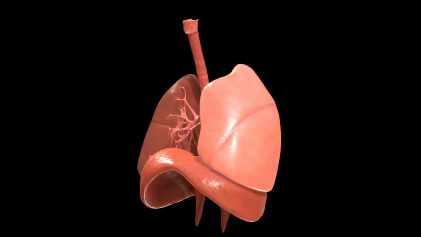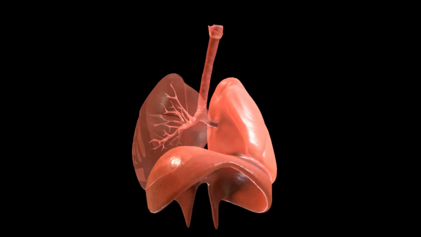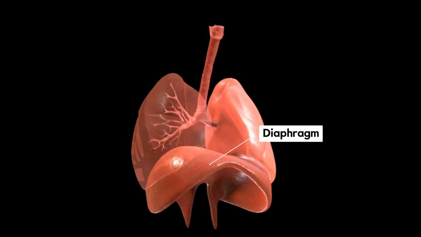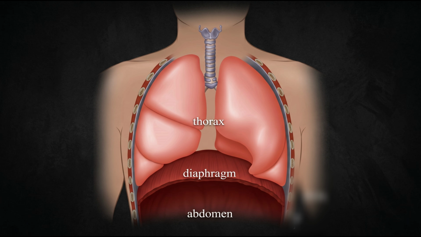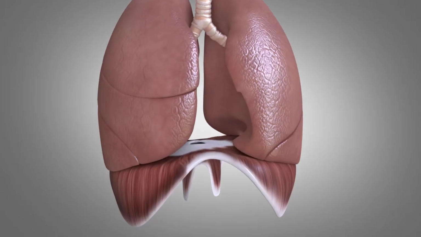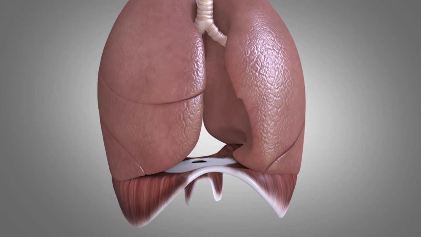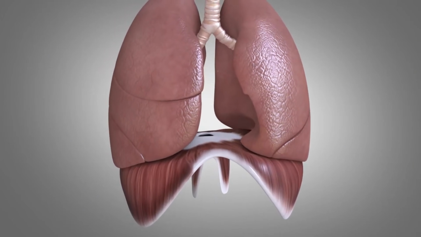The primary organ responsible for creating this pressure difference is the diaphragm, which serves as the main respiratory muscle of the system. The diaphragm is a dome-shaped muscle that separates the thoracic cavity from the abdominal cavity area. When it contracts, it flattens out, meaning it moves downward. When it relaxes, it moves back up into its natural dome shape,